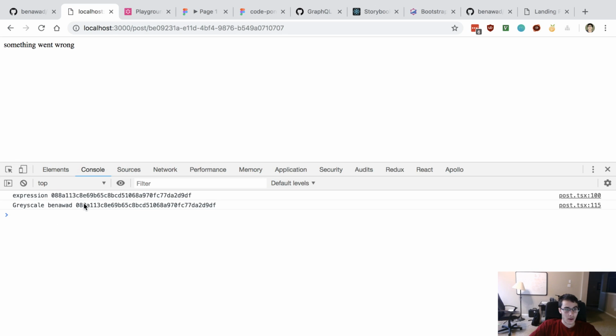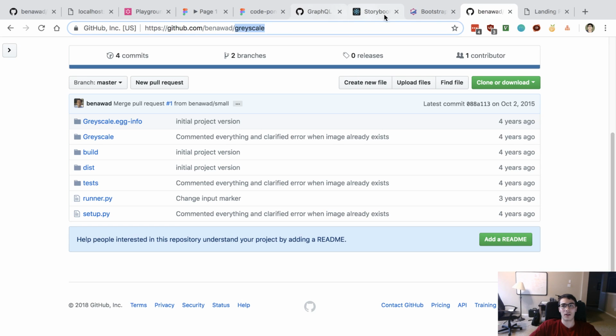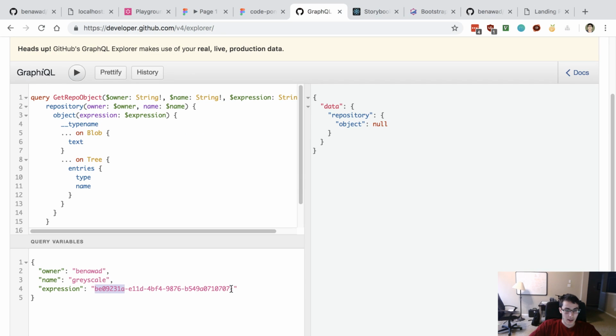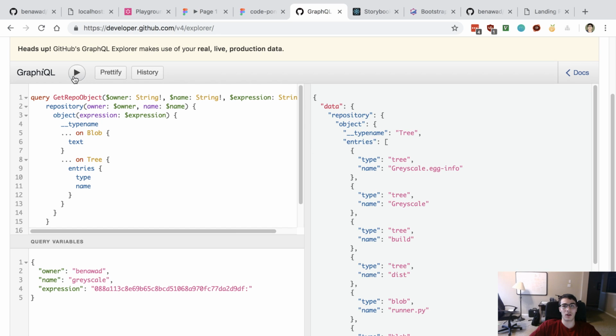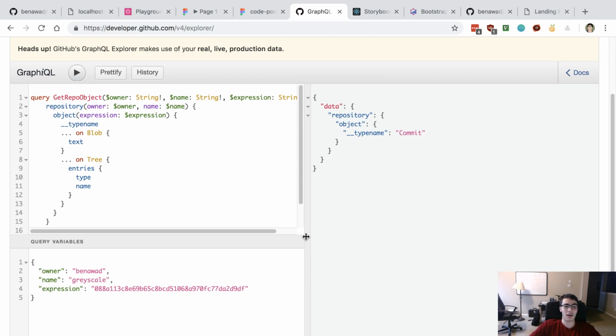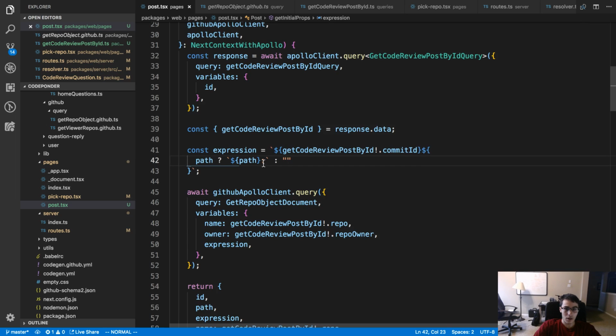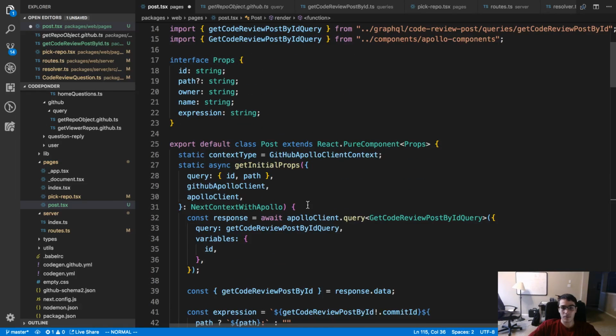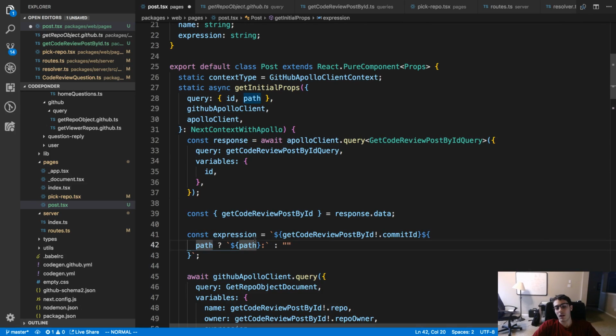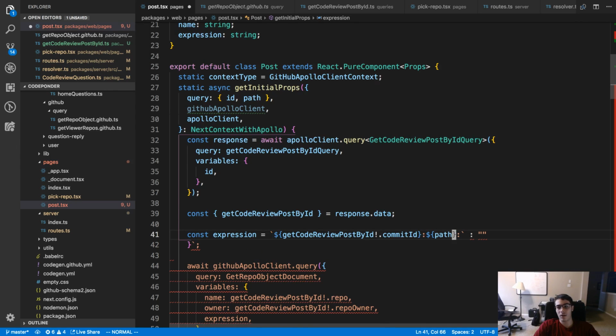Alright, passing in grayscale and then this. Okay, yeah, I was just passing in totally the wrong ID. I was passing in the ID, and I want this commit ID. Alright, so if I include the colon, I get stuff. If I don't include the colon, I get a commit. So what that means is I always want to include the colon. Keep that. I was thinking I did not want the colon. But it looks like this is actually much easier than I thought it was going to be.